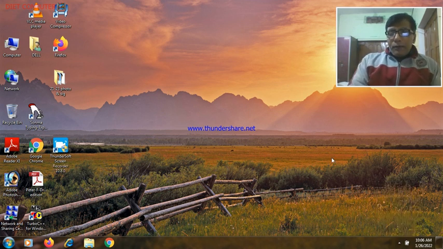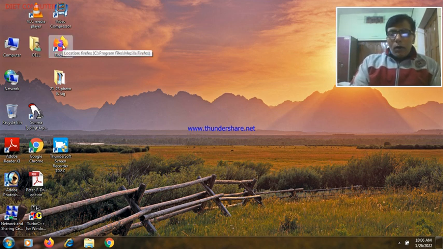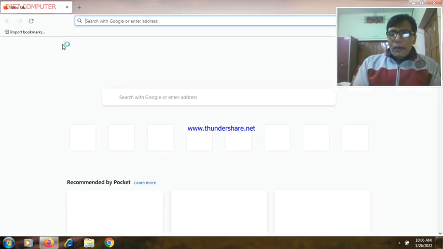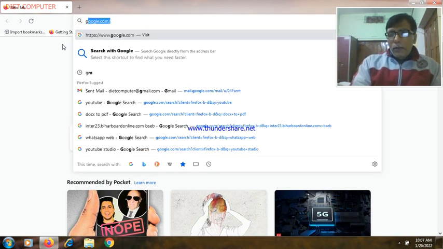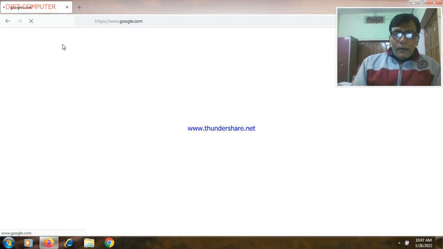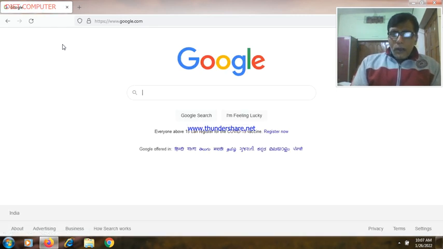Now, after connecting your computer to the internet, you have to open any of the browsers installed on your computer. In my computer there is a web browser, Firefox. I am going to launch its window on the screen by double-clicking on the icon available on the desktop, and you can see that the web browser window is open now, and in the address bar of the web browser window I am going to type the google.com website address, and you can see the Google website home page has been